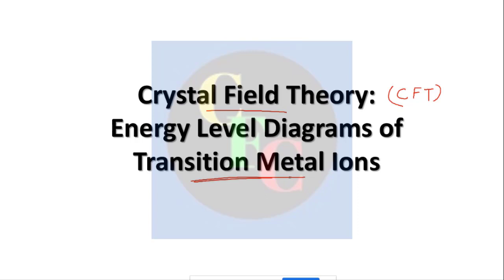And you have read Werner's theory in your plus 2 level regarding these complexes. But Werner's theory, and then the valence bond theory, VBT, also explained some of the formations of these transition metal complexes. But again, as was the case with the oxygen molecule being paramagnetic, which VBT could not explain, there were difficulties in explaining these properties of transition metal complexes with VBT also. That's why this crystal field theory came into being.